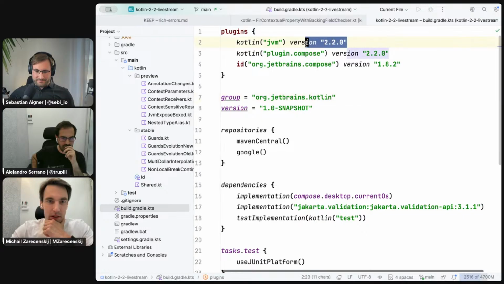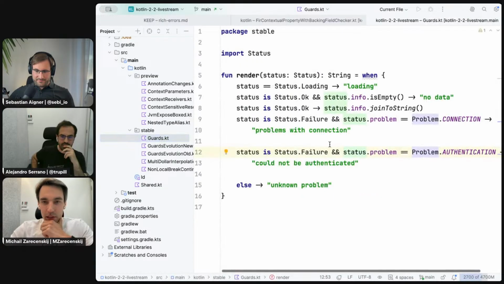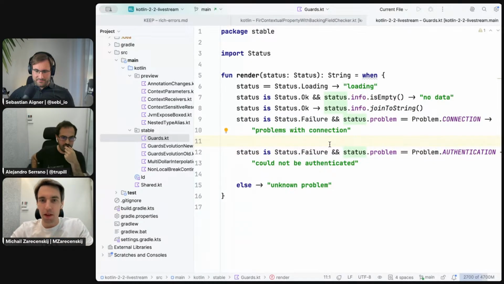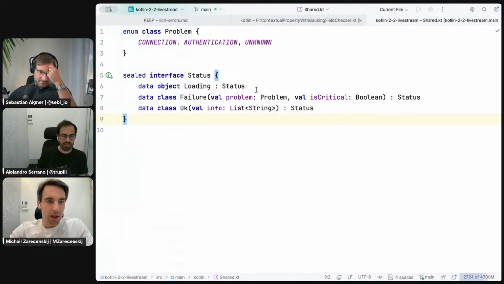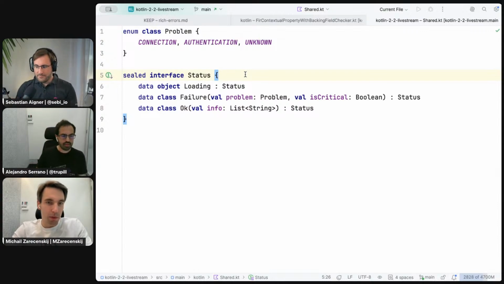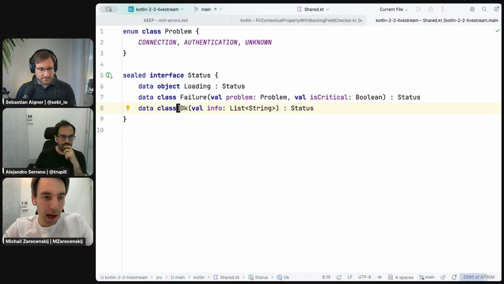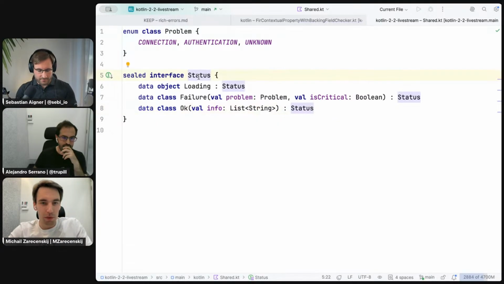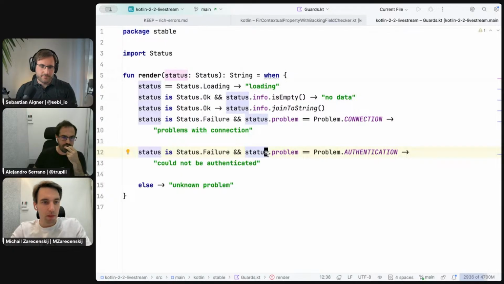So here I have a project with the configured 2.2 version and IntelliJ nightly, but you can also use a stable version of IntelliJ. And normally I would start with this example, which we show from time to time. It's just a class Status that can represent the state of an object or a service, or some result of a computation, whether it's loading, or it's some failure with some problem, or it's okay and the computation was completed successfully. And we can do many things with it, but just to show where guards can be used, we'll try to write a render function, or at least take a look at how it can look like,